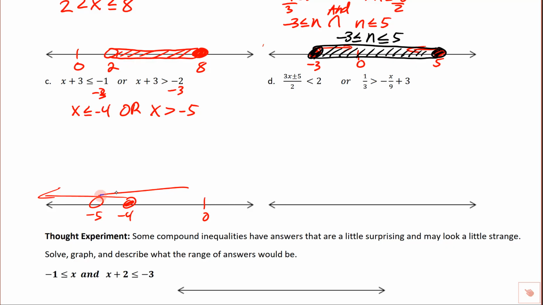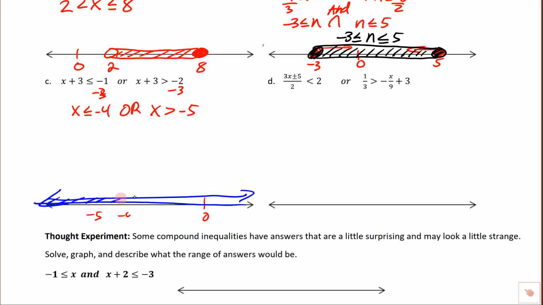So if we started here and went that way, that would shade everything that direction. If we start here and go this way, that would shade everything that direction. So basically the entire number line is shaded on this one. Okay? So on this one, here's our answer. We just shade from one end to the other, and I'm going to double this one up so it looks